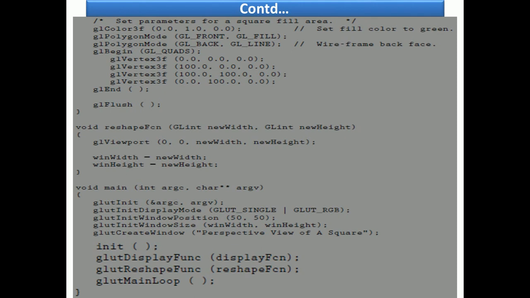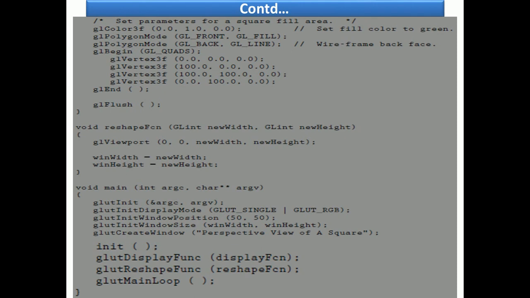Then glutCreateWindow will create a title for the display window. Here the title is perspective view of a square. Then it will call the init function to initialize. Then glutDisplayFunc to display. Then glutReshapeFunc. These are all the event handlers here. glutReshapeFunc is to reshape the window width and height to the new width and new height.